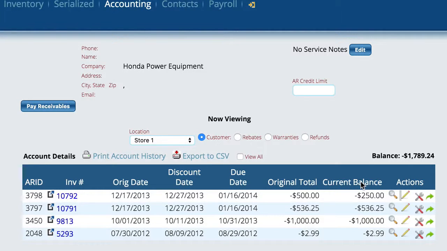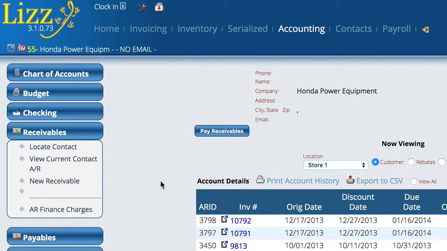Now we're going to pretend for a second that this is the first time that we started using Lizzy. We've got some old account receivables that we need to get created in the system. And so we're going to walk through how to actually create a manual receivable. And this would be an example where the customer owed me $100 in my previous business system, and I'm going